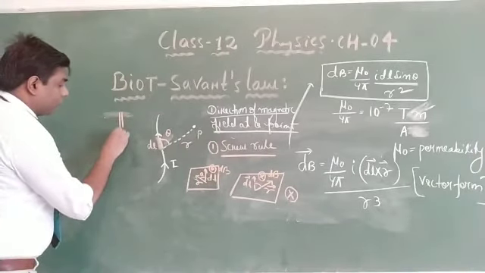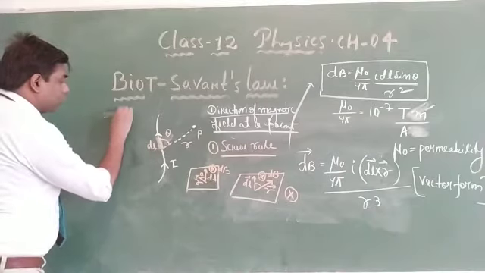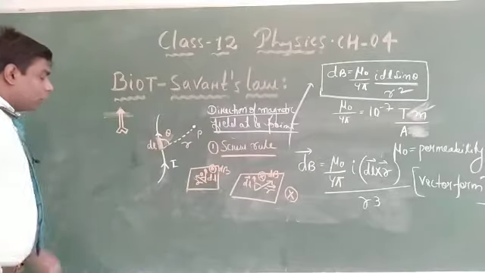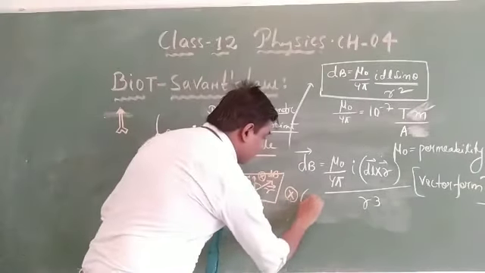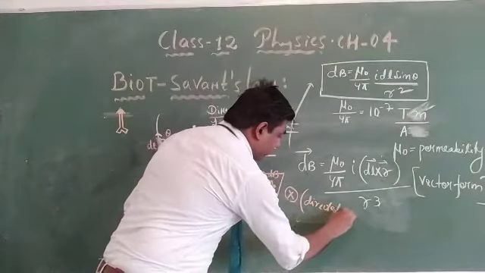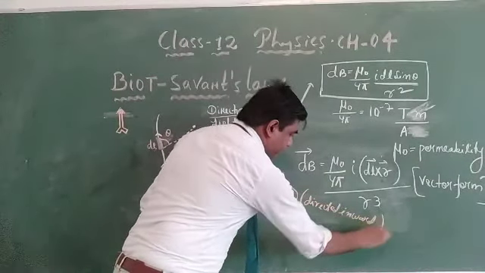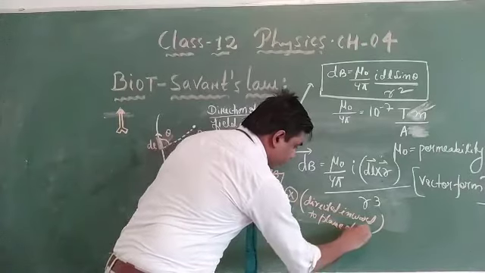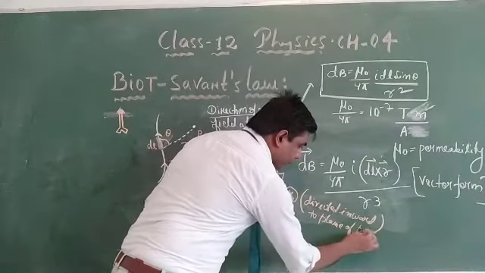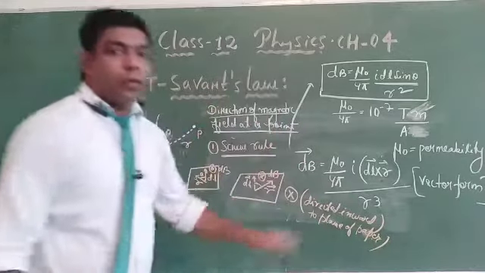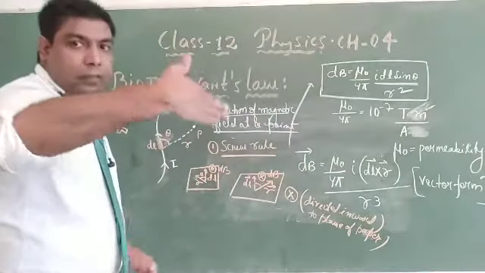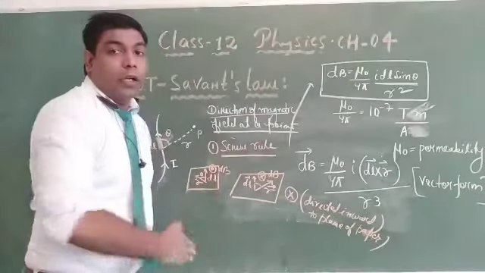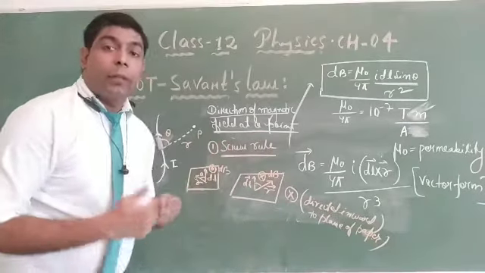If you see the structure of the arrow, it will be like this. Now see, when it is directed inward to the plane of paper. And also remember the direction will always be perpendicular. Means, for example, if I say my hand is directed inward, it can't be like this. It can't be like this. It must be how much? 90 degrees. Either inward or outward, it must be perpendicular to the plane of paper.